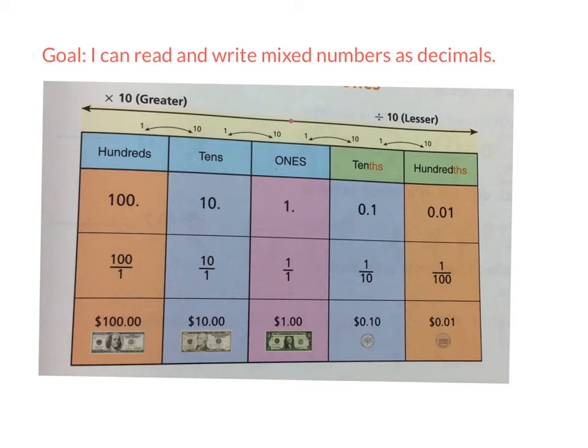Today's goal is being able to read and write mixed numbers as decimals. If you look at this place value chart, it's relating money to our different place values. So like we talked about when we discussed decimals before, after each whole number, there's always an imaginary decimal behind